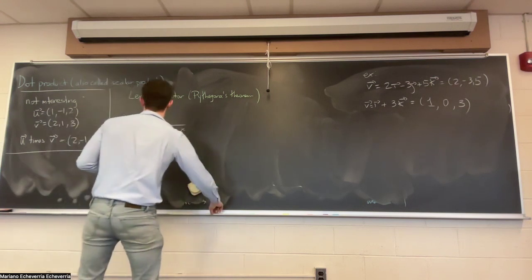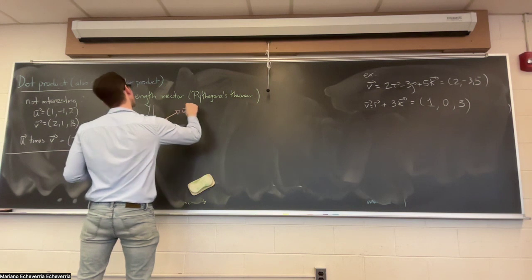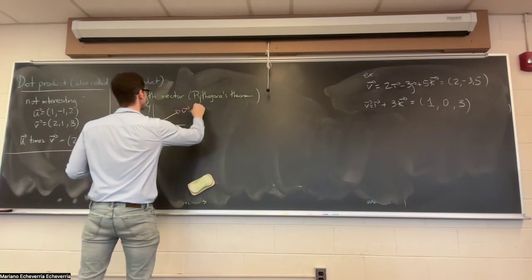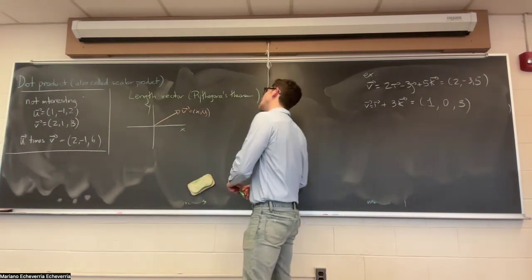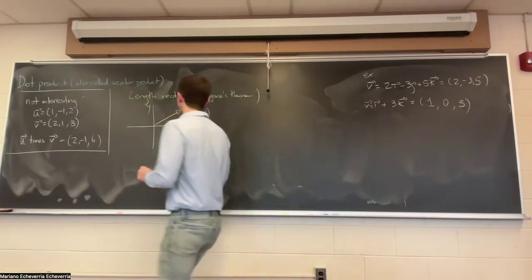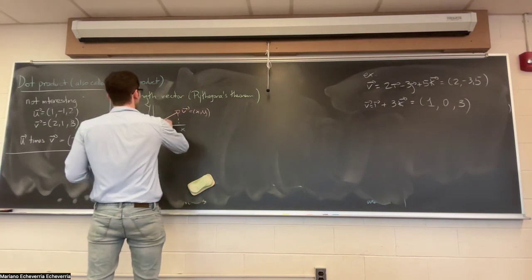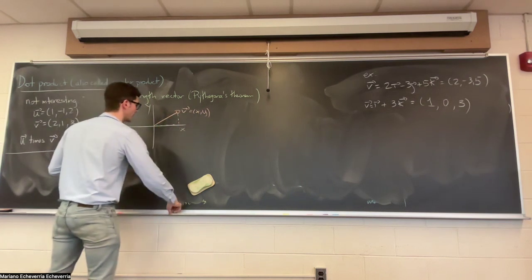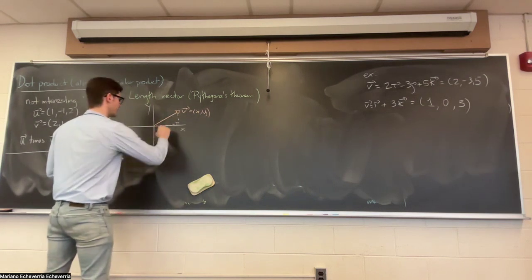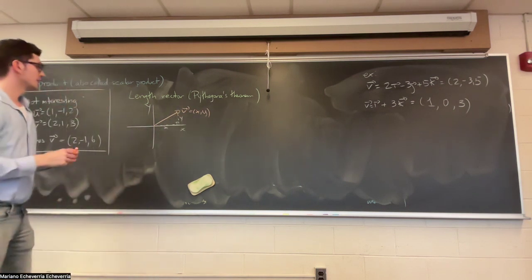Say the vector, by the way, there's no reason why the vectors are always, I'm just drawing them in the first quadrant because they just look nicer, but the vector can be anywhere. So the formula would still work just as well. So if you wanted to find the length of this vector, you can draw a right triangle here. The idea is that this side has length x and this other side has length y. And so the length,